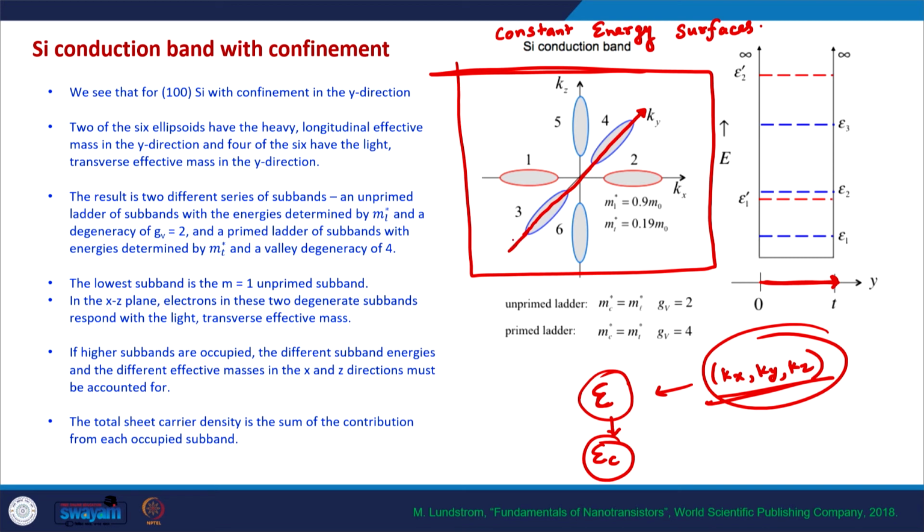or the longitudinal effective mass of the electron will be given by this curvature, because if you remember, the effective mass of the electron is inversely proportional to d2E by dk square, basically the E-k curvature. In this case, this curvature is representative of d2E by dk square, and so in this direction the effective mass will be given by this curvature, and in the x and z directions the effective mass will be given by these curvatures,